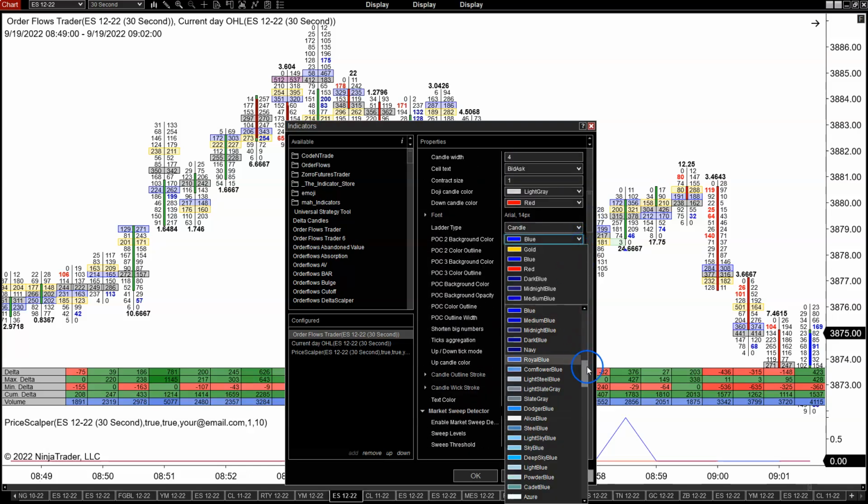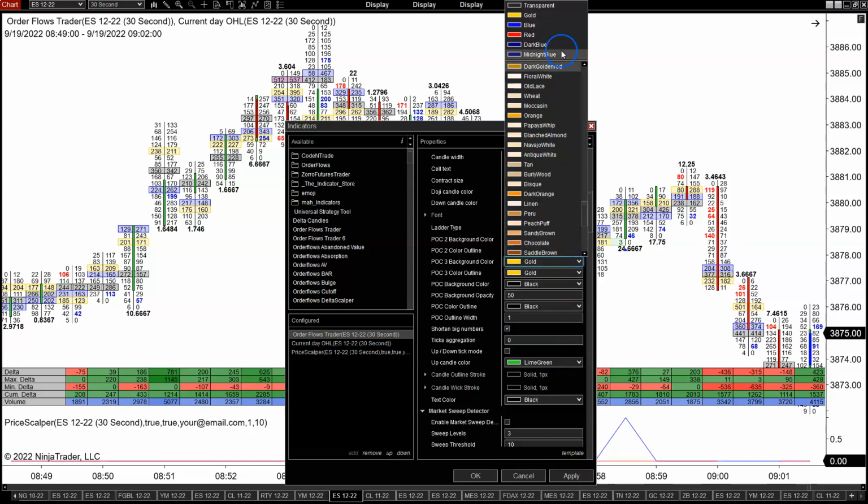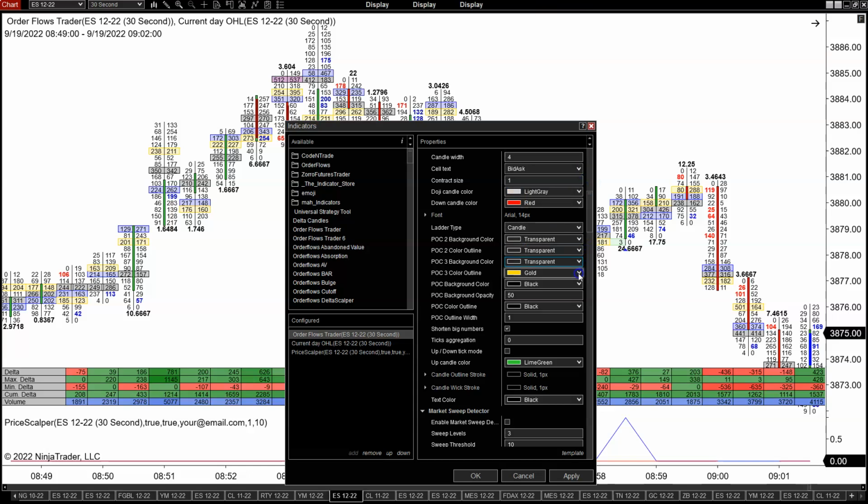But the first point of control, the main point of control, the one with the most volume, is what's going to be used the most in your analysis. Right? Again, once you start getting into second point of controls, third point of controls, it's nice to look at, but